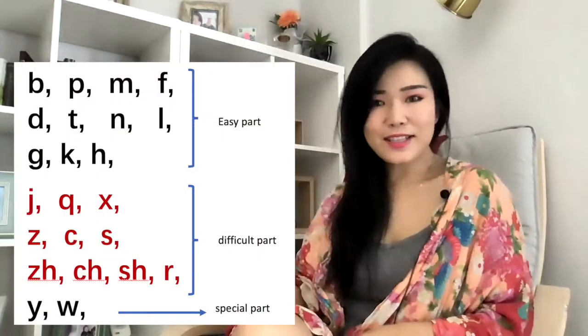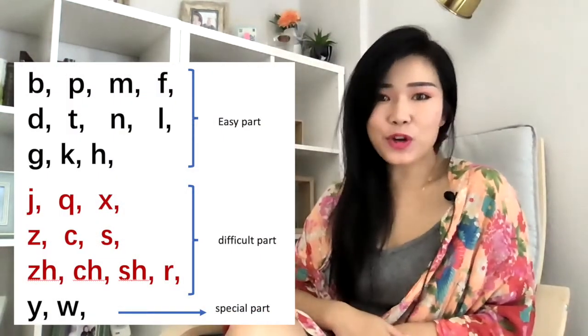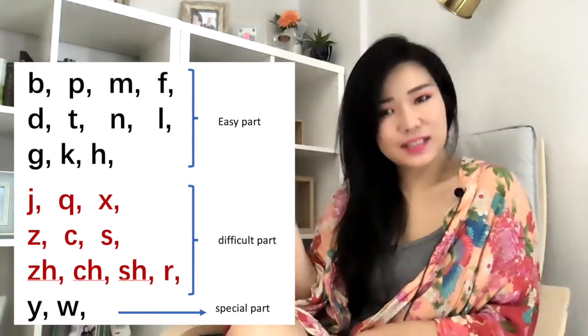So today we're gonna talk about the most difficult initials, J, Q, X. And before that, let's check on all the initials we have in Chinese syllables. This is all the initials we have in Chinese, and it has three parts: the easy part, the difficult part,